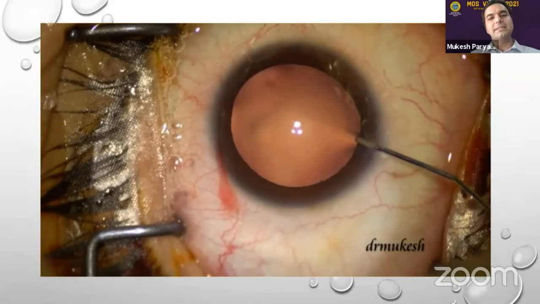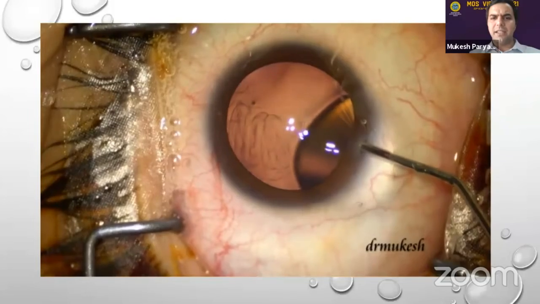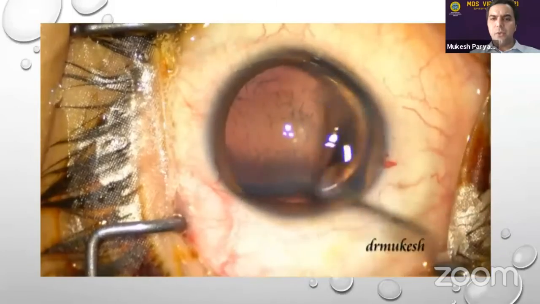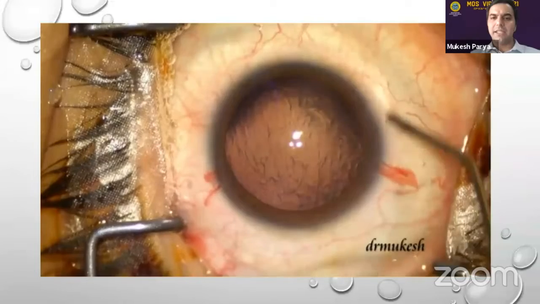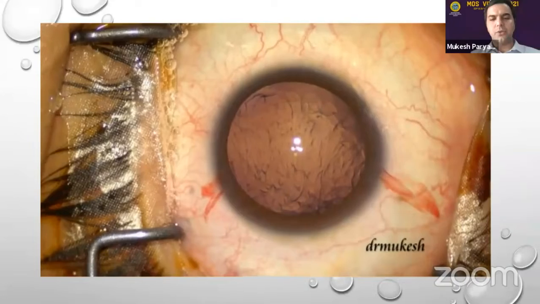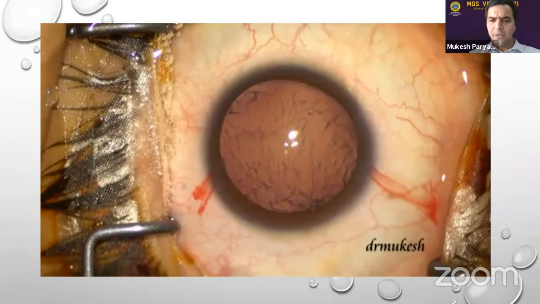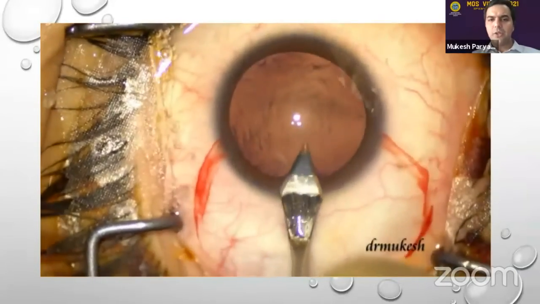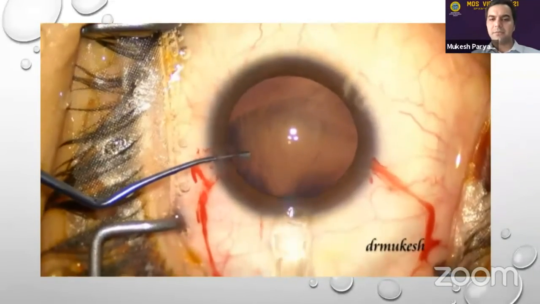This is the injection of intracameral lignocaine that we use for almost all the patients, makes it fairly painless. Then we inject a viscoelastic through this needle. So we don't have to overfill the anterior chamber. We just have to make sure that it's filled with enough viscoelastic material. I use both the HPMC and nowadays I've shifted to sodium hyaluronate because it goes in very easily and comes out as a bolus if I have to wash visco at the end. So any of the options is okay. You can use an HPMC or a sodium hyaluronate. Avoid chondroitin sulfate as much as possible.